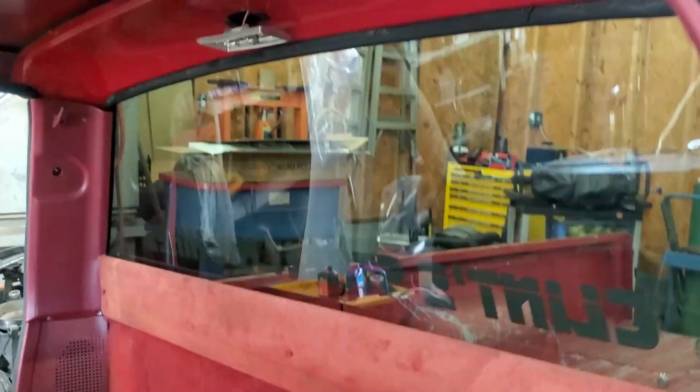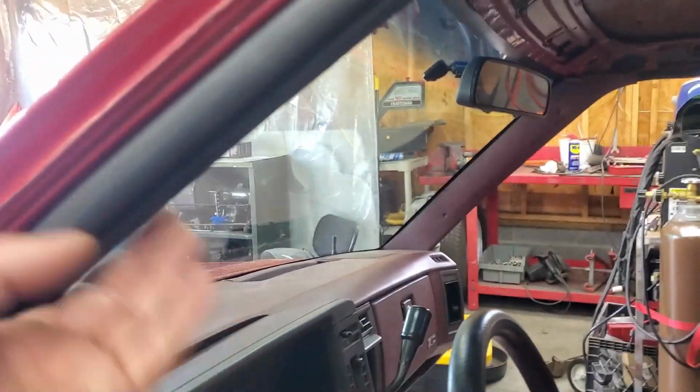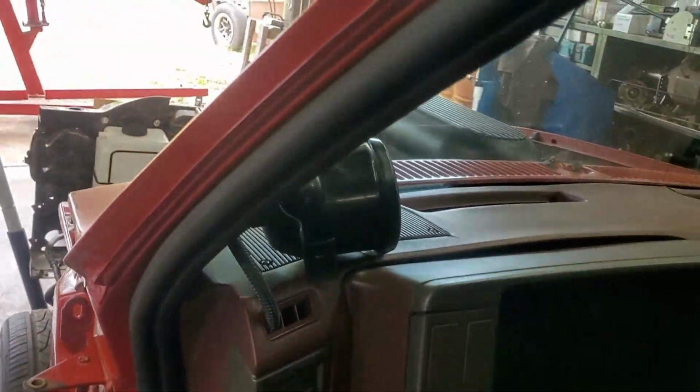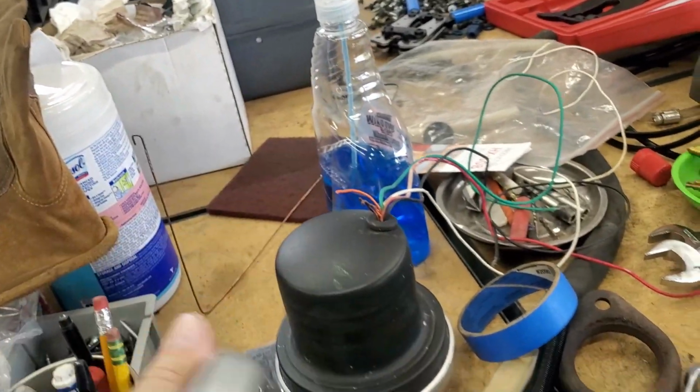What else? Oh, put some more interior back in it and the rear window. The rear window had to go in first, and then the interior goes in after. I put that A-pillar on, but this one's not on over here because I don't know where we're going to end up mounting the tach. This tach is no bueno. I've tried everything I can to fix it. It ain't working. So it looks like we're probably going to end up having to go with this Sport Comp